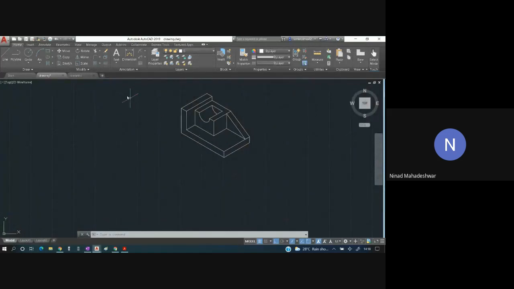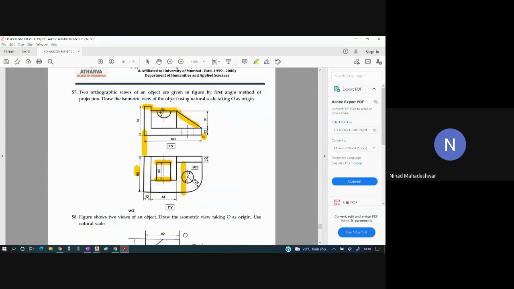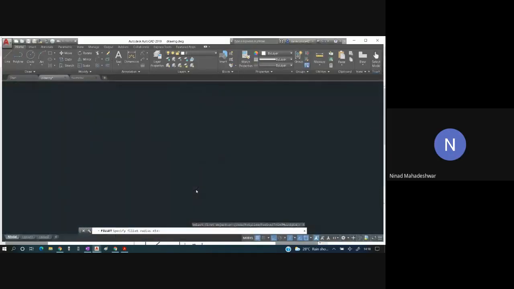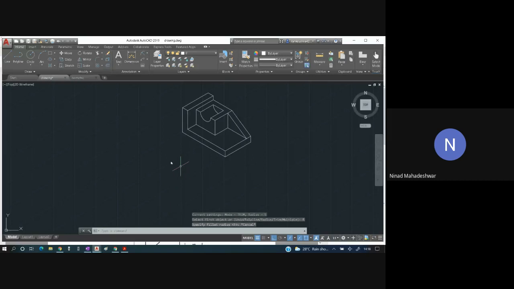Over here, on the left hand side, you have the fillet option. So click over there on fillet. First we'll select radius, the radius of this entire part. How much is the radius of this quarter circle? How much is given to you? 25. So now we are going to put the radius of that entire part as 25.